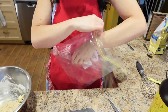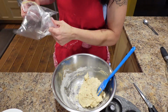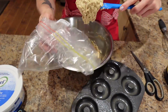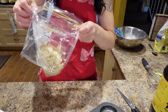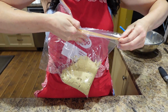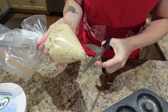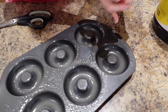Okay, so what I'm gonna do is I have a resealable bag. I have my batter all mixed up, and I'm going to scoop it into one of the corners of the bag, and then I'm gonna cut the tip off and pipe it into my donut pan. Okay, so then just kind of squish the air out the best you can, and then seal it up. Form it into like a piper bag. And then we're just gonna cut the tip right off there and pipe it